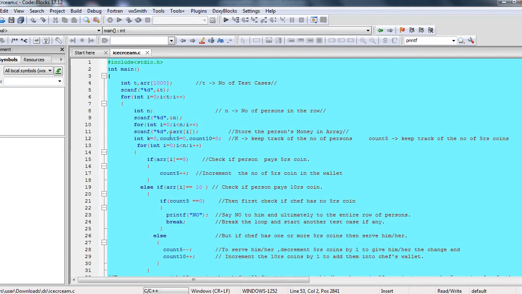get the ice cream. Here we have the variables k, count5 and count10 to keep track of the number of people served by the ice cream chef so far, the number of 5 rupee coins in the chef's wallet, and the number of 10 rupee coins in the chef's wallet respectively. This loop is present here to keep track of the number of people served by the ice cream chef so far. If the person pays a 5 rupee coin